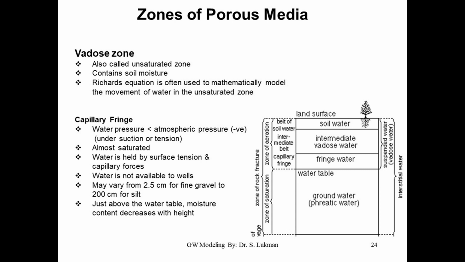So what is it about that? Suction is what? Is it positive pressure or negative? It's negative. Is that what is prevalent in the unsaturated zone, or on the surface, or where? Unsaturated. So now you can remember, right? That the pressure in the unsaturated zone is negative. It is not positive and it is not atmospheric. It is negative. That's why it is called suction, because you'll feel as if you are sucking the air.